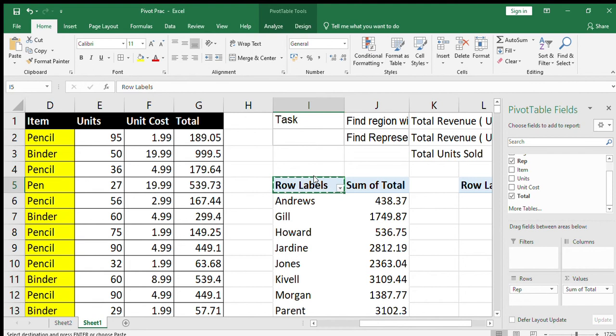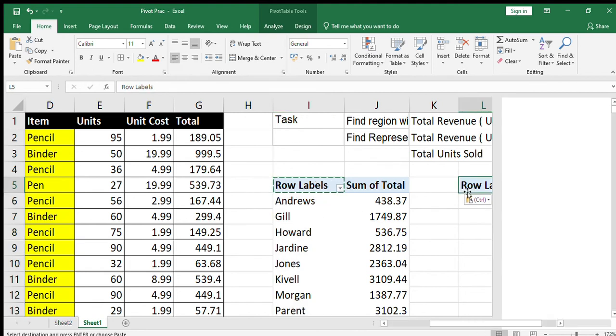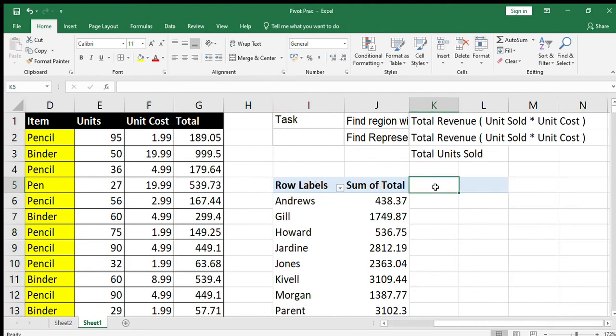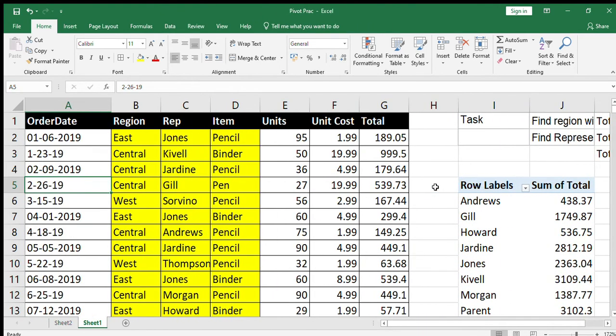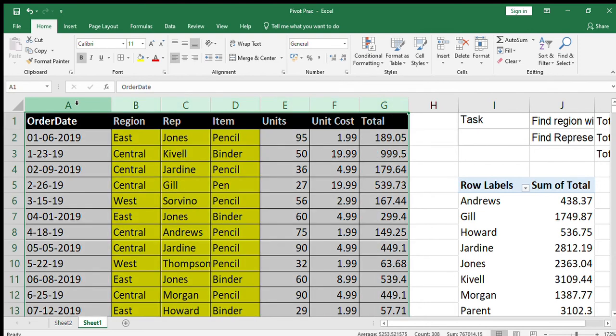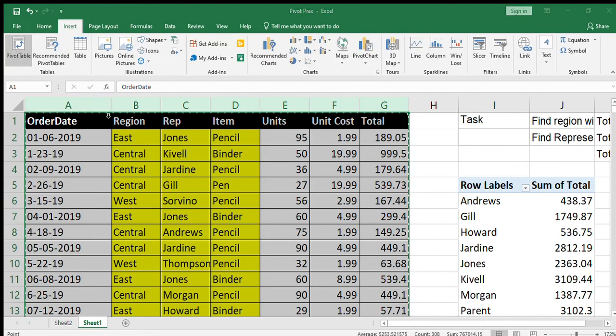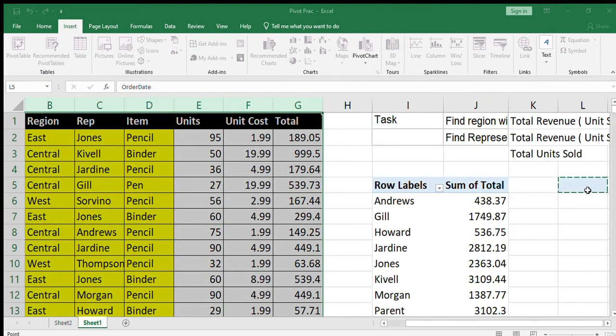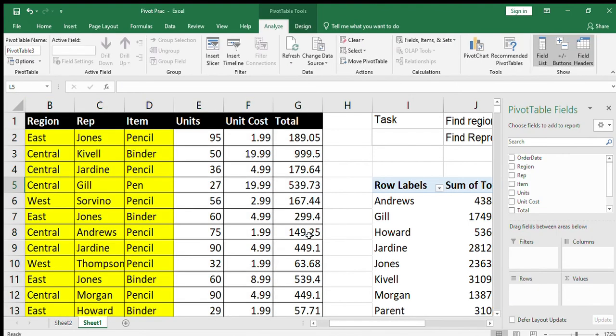Yeah, I'll just copy this. I'll select it and again insert pivot. Okay, existing worksheet. I'll just give a location over here. Okay, so I have my units sold by.